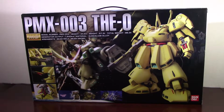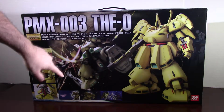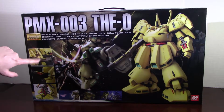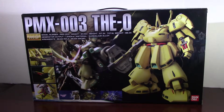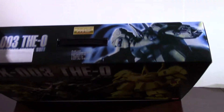We have a nice little display of the fully completed kit, along with a little posing with the Master Grade 2.0 Zeta there in the background. And showing a little bit of details of the kit. The big beam rifle comes with the sub arms and internal detail of the legs, and a few little shots of the anime at the bottom there for you. On top of the box here, as I flip it over,